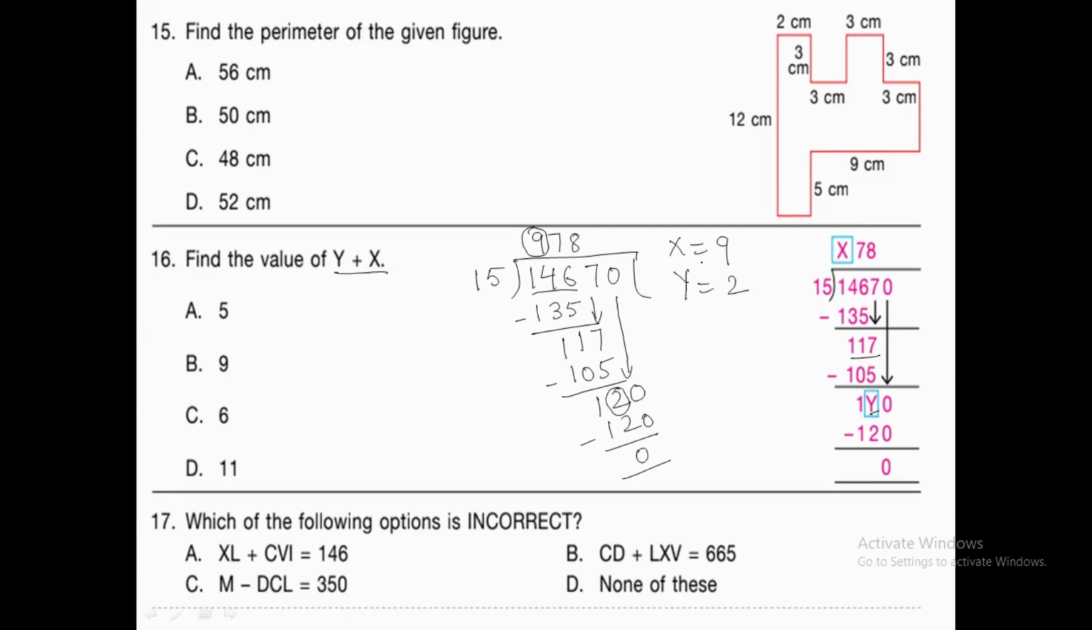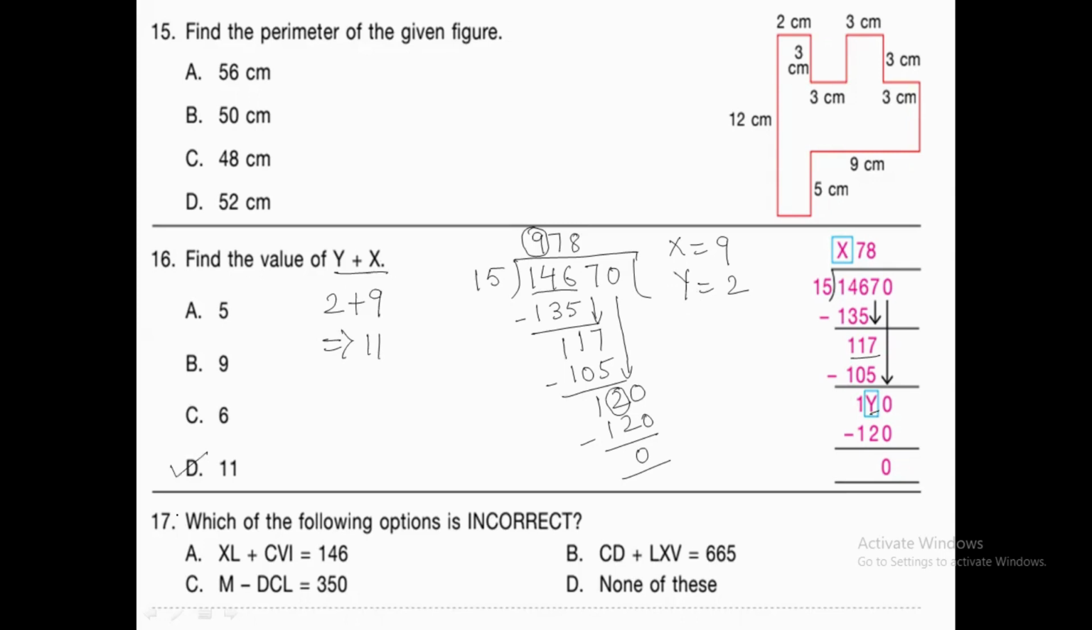Yes, so what we can say, the value of x is 9, the value of y is 2. And the question is asking that we need to find the sum of both the digits. Okay, so what will be the sum? 2 plus 9 will give us 11. So that's how we are getting our numerical answer, which is 11. Okay, now let's move on